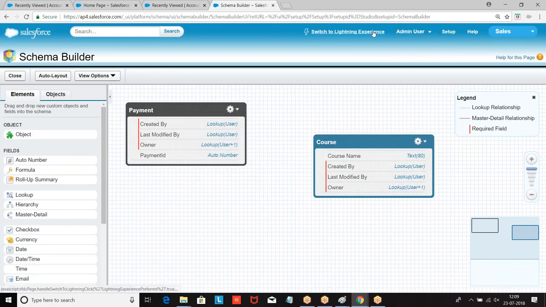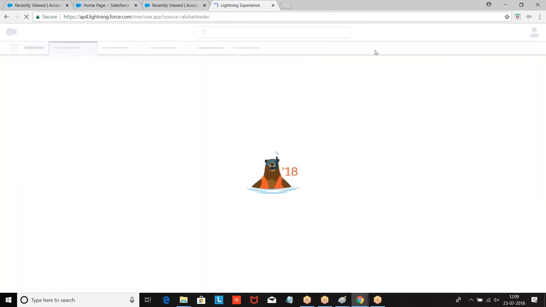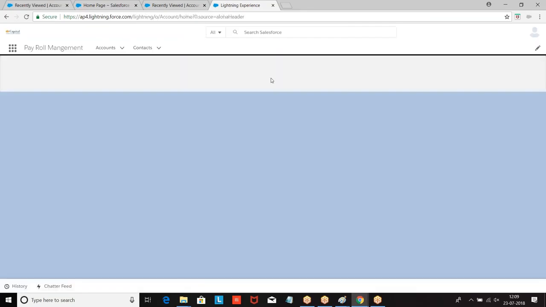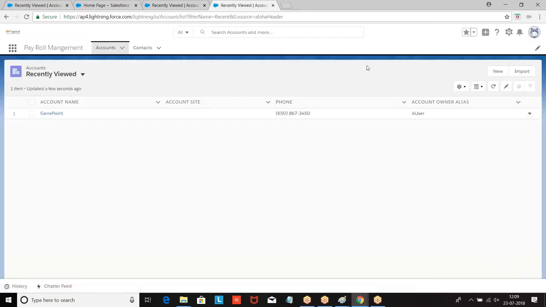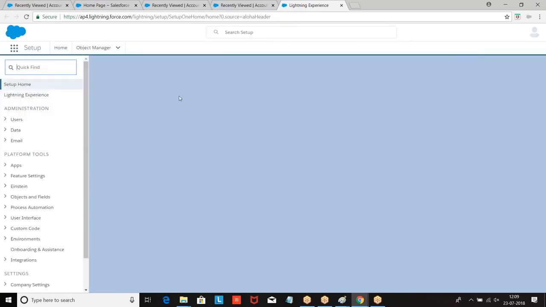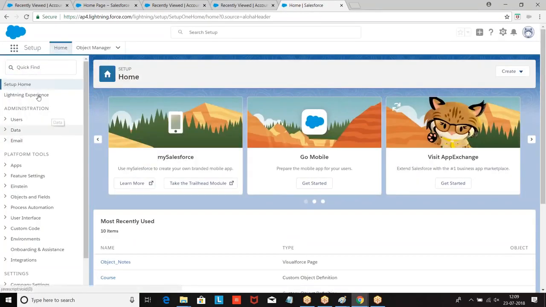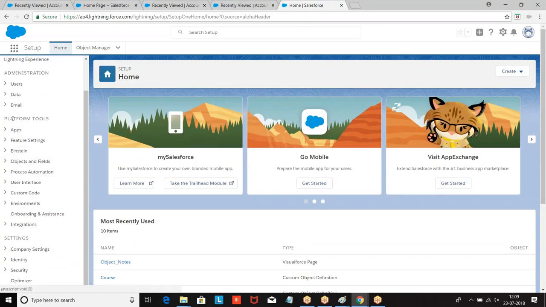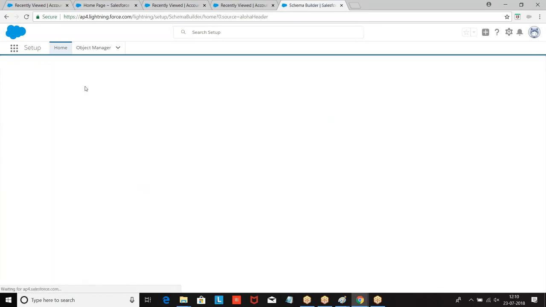If you want to create in Lightning: setup, then we have platform tools, objects and fields, schema builder. Then the process is the same.